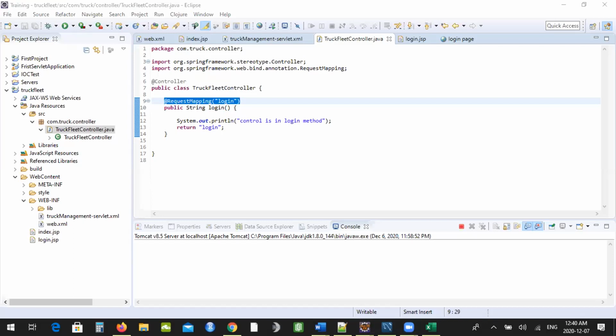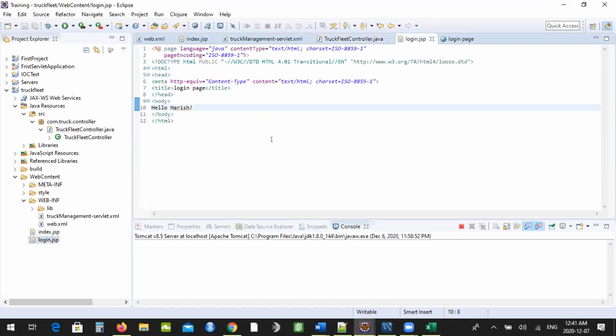Let's see. Now I'm able to say return the view. Now it's time to build the view. My view has to accept 2 parameters again. As there is a requirement for login, I'm doing the same login page which we created in the servlets. It will accept input